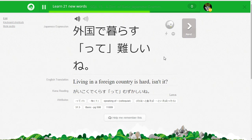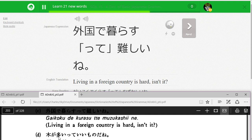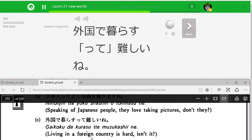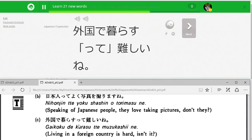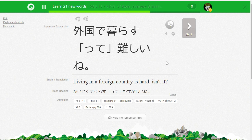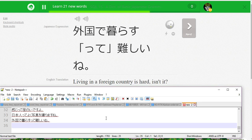外国で暮らすって難しいね。Okay, that's good. 外国で暮らすって難しいね。